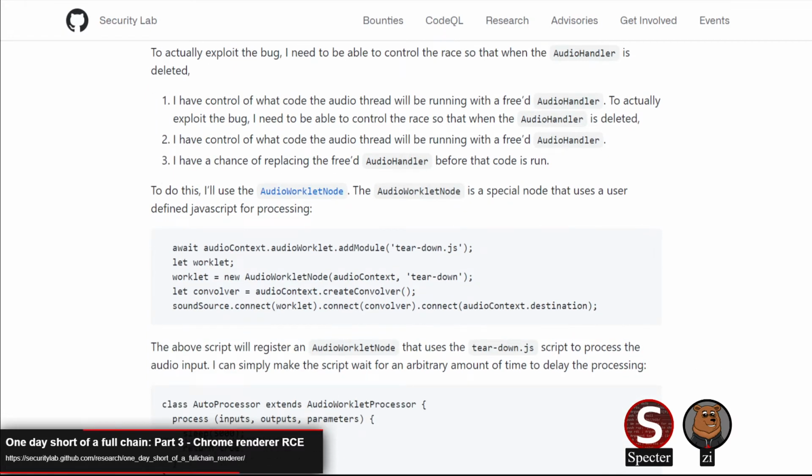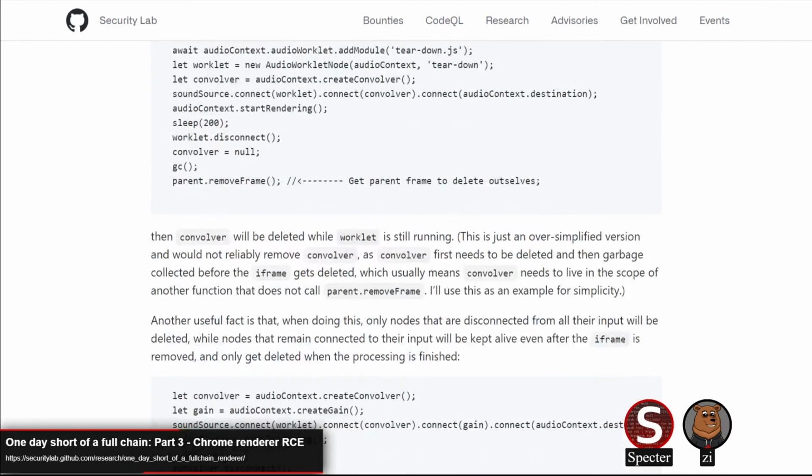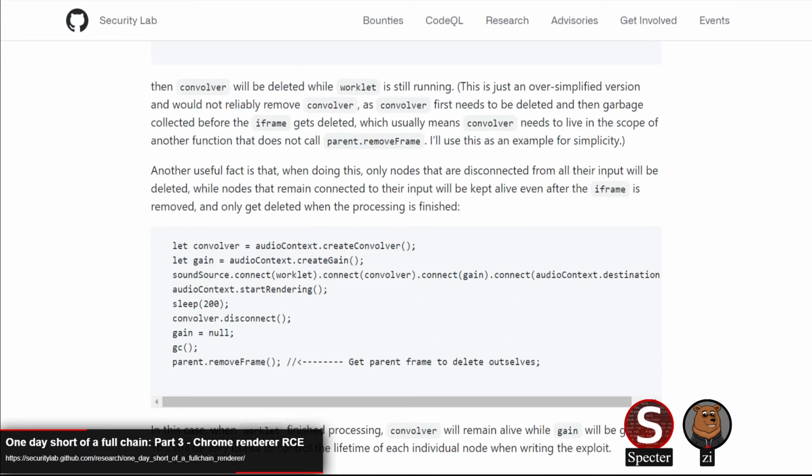Point three was what they went with, I believe, for getting the info leak, which was hoping to replace the audio handler before the graph even gets processed. So they use this to get info leak by freeing the main graph without deleting the frame that contains it, which is useful because they can now replace the nodes themselves with sprayed data of whatever they want to leak, and they can leak them through those input-output nodes. The leak itself is fairly complicated and goes into specifics of different internal objects, which I won't go into here because I probably couldn't do it a lot of justice anyway.